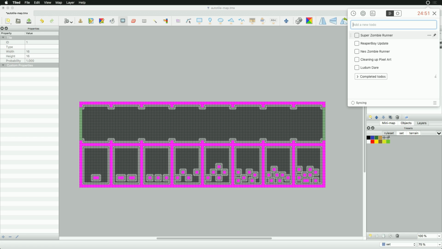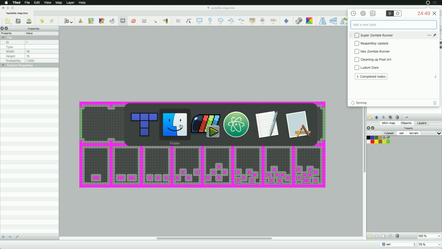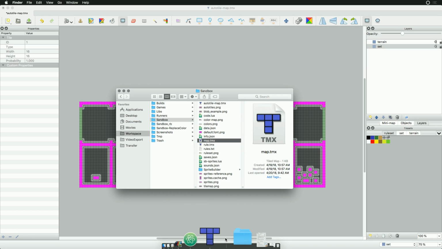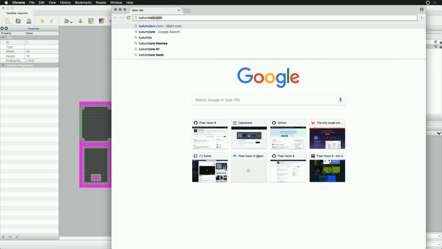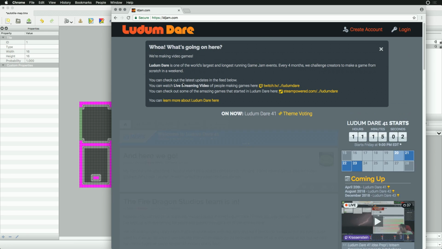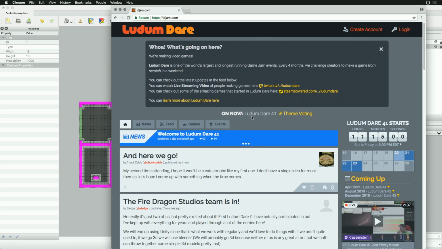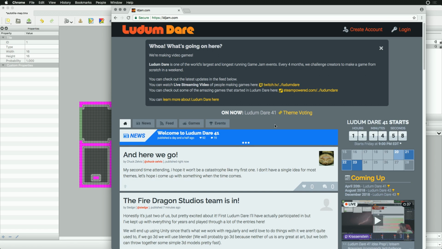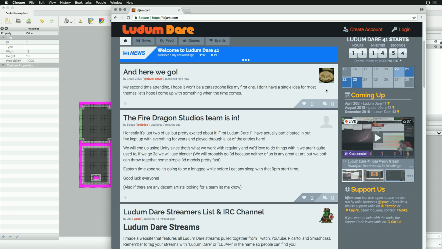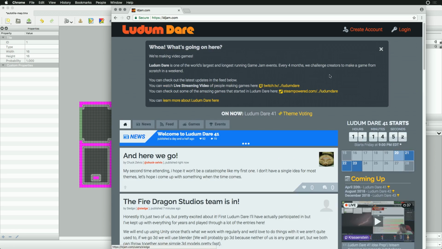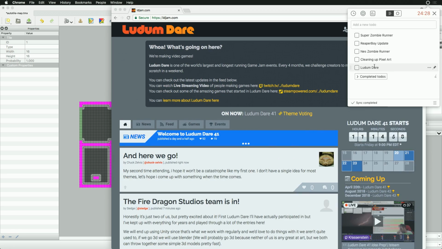What Ludum Dare is this? Ludum Dare 41. So okay, it's Ludum Dare 41. So let's call this Ludum Dare 41, and we're just going to do some